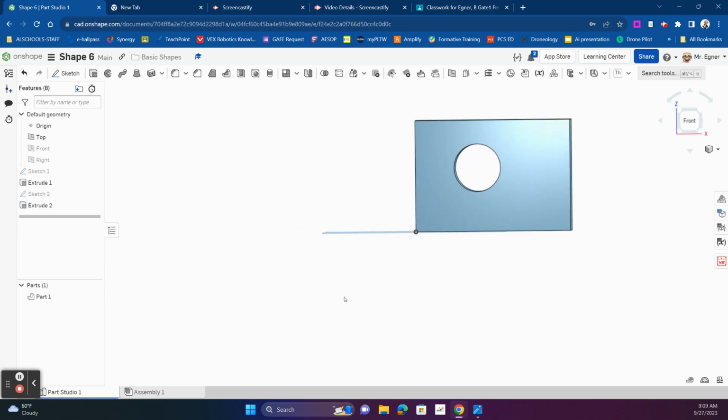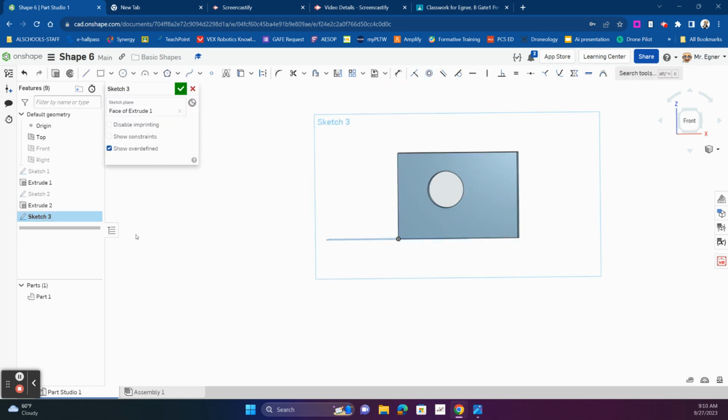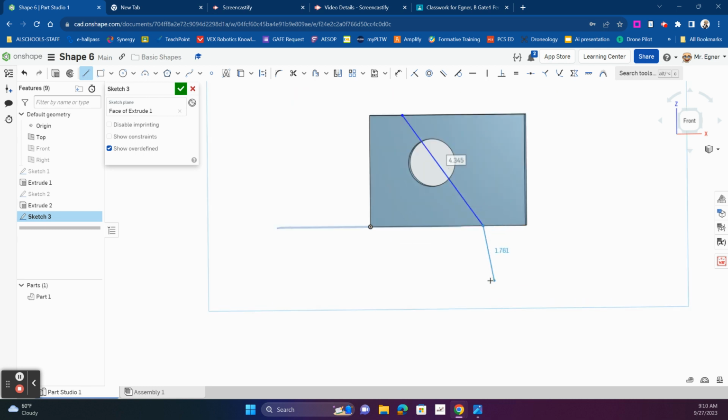Okay. So now the last thing that we need to do is we're going to cut this line from the top to the bottom. So we're going to add a sketch on the front. I'm going to use my line tool now, and what I want to do is I'm just going to click at the top point somewhere to put my line, and then I'm going to click at the bottom point, make sure I'm on my bottom somewhere to click my line. So there's my line. Now here's how we're going to do this. I am going to take this line tool then,